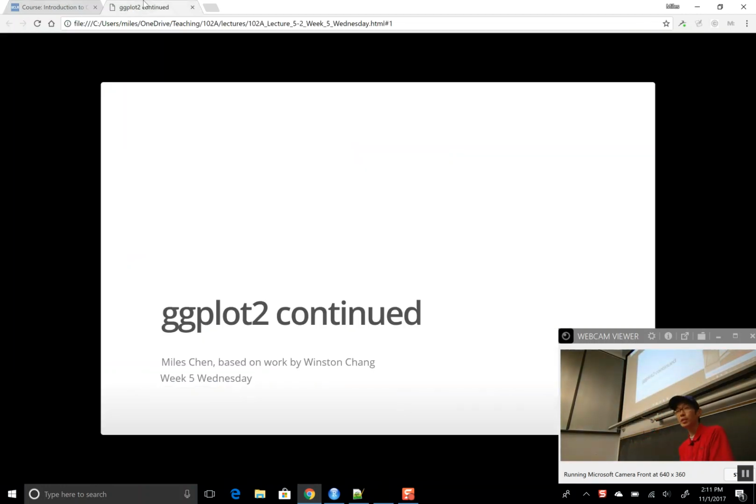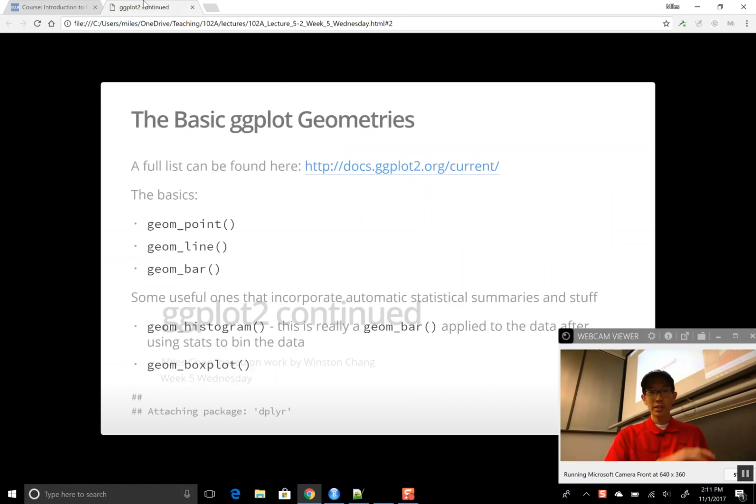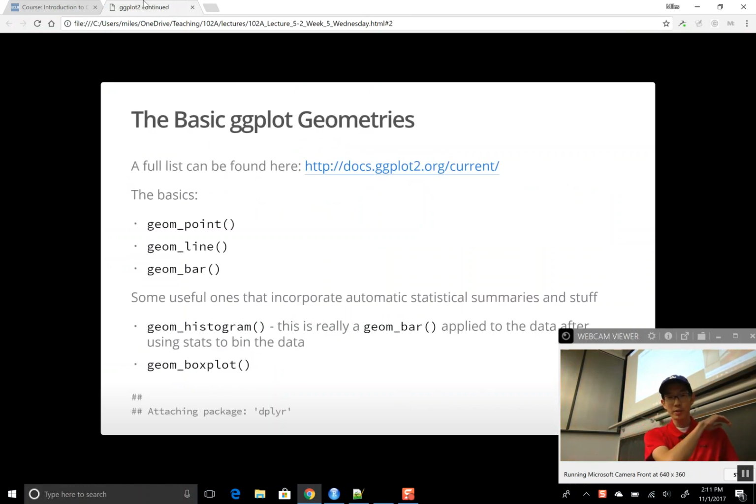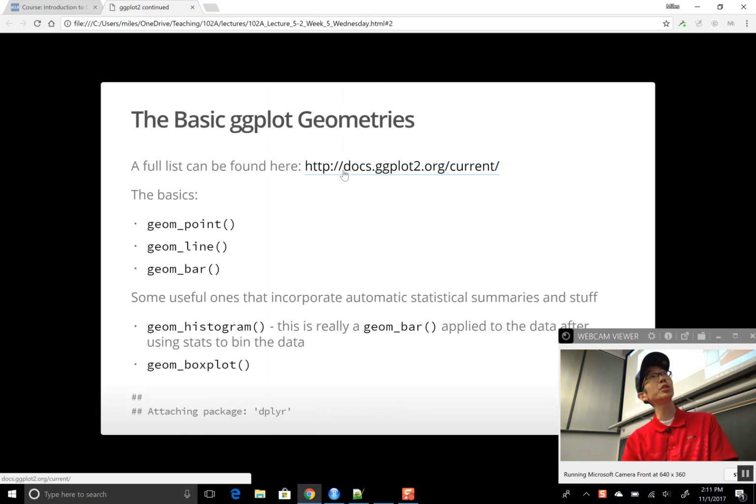Okay, so we will continue our lecture in ggplot, and for that we'll just take a look at some of the basics, the point, the line, and the bar geometries. There are many more geometric objects that